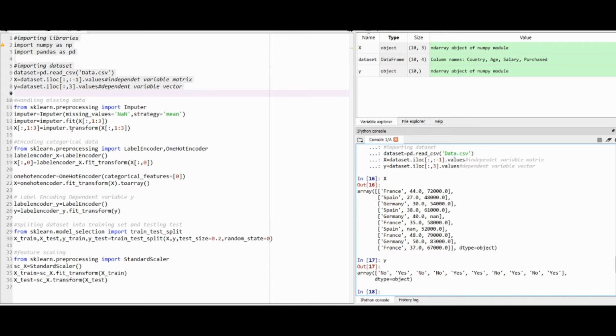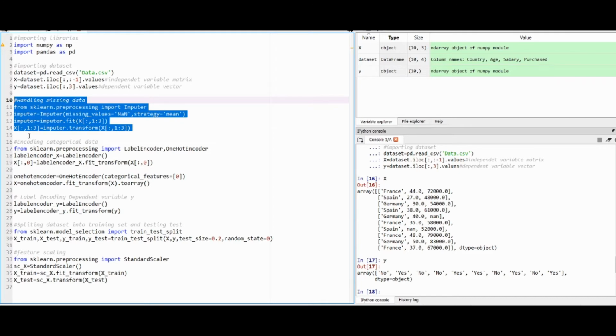After calculating, we now have to apply this calculation to our features matrix X. For this we use X[:, 1:3] equal to imputer.transform(X[:, 1:3]), so that our calculated results are transformed into our features matrix. First let me run this code.